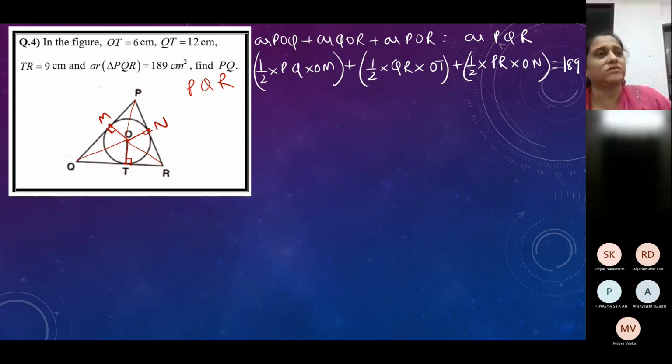Then half base into height, that you will get. Now half into, how much is